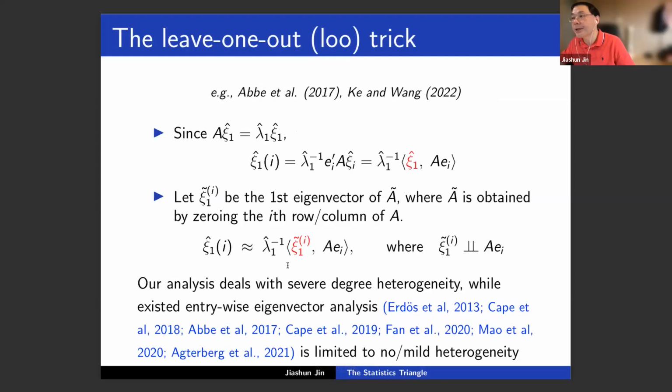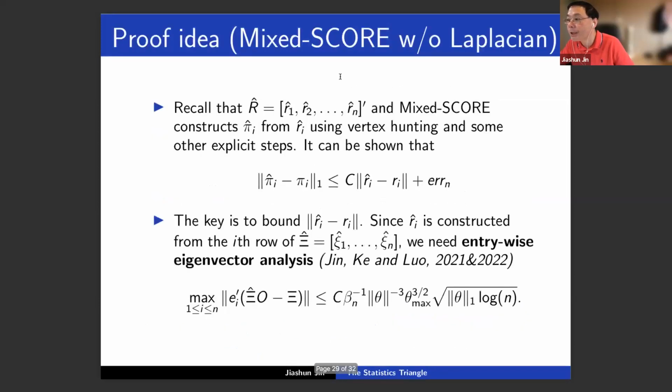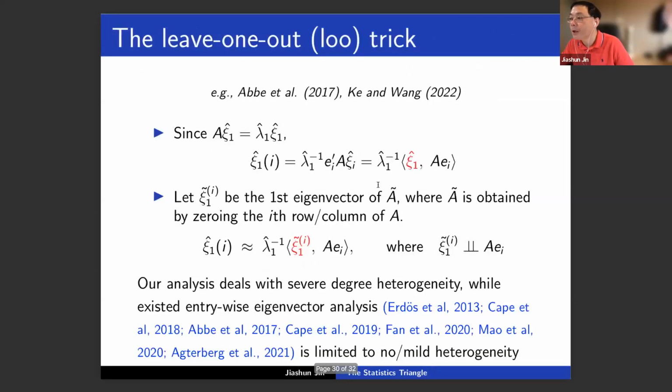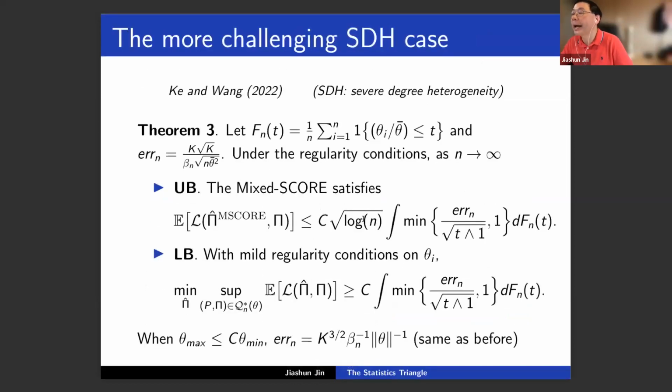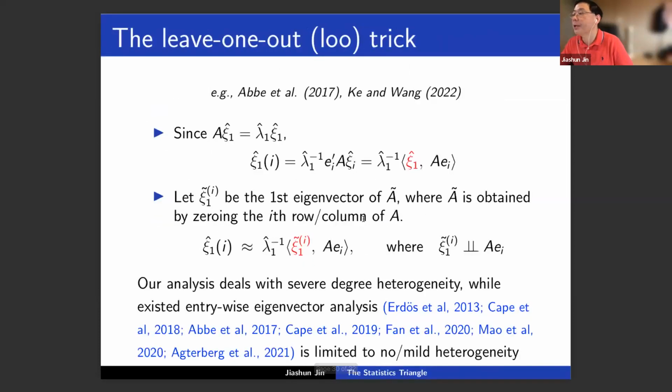Now the second question is, how is the analysis we do here different from all those papers cited here? Those papers are more or less in theoretical settings, where the θ_i's are on the same magnitude, like θ_max and θ_min being the same magnitude. But to make your theory relevant for the application we presented, you have to deal with the more difficult situation where the θ_i's are at different orders. That's the main theoretical contribution here, on top of the leave-one-out.